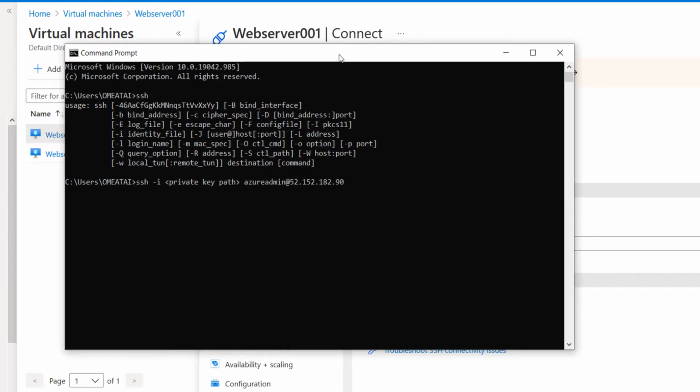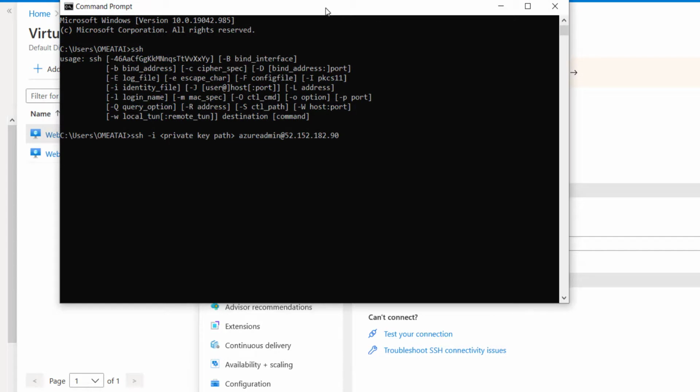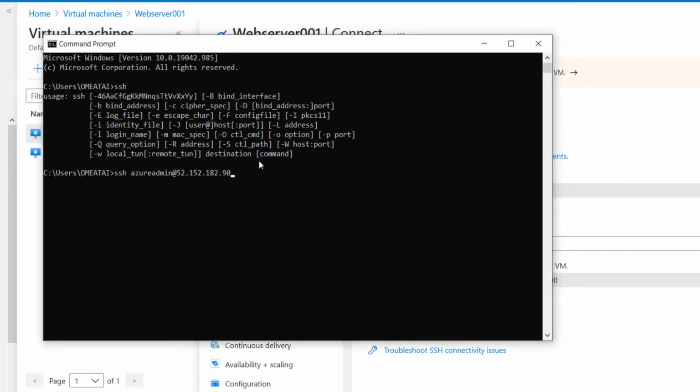Because we're using username and password instead of an SSH private key, we'll take this off from this place because we created the username and password. So simply we'll have SSH, then the username azureadmin at and the IP address. We'll press enter